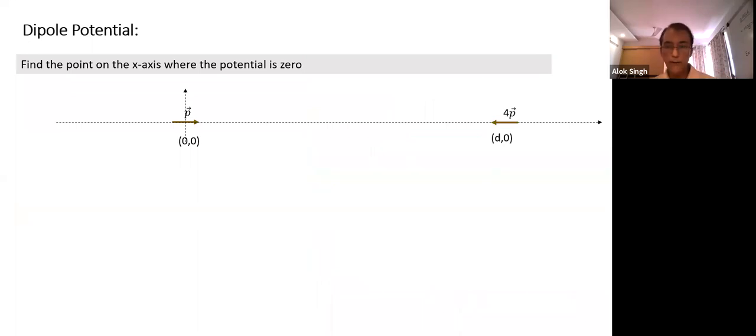Now, can we apply this concept here and find the point where potential is 0? Two dipoles are there. Dipole p is pointing towards the plus x-axis. The other dipole moment 4p is placed at a distance d0 on the axis pointing towards the negative x-axis. Can we find the point on the x-axis where the potential is 0? All of you try and solve this question. It is very simple, based on one single formula, and we should know that on the positive side potential is positive, and on the back side of the dipole it is negative. Can we find the answer quickly?